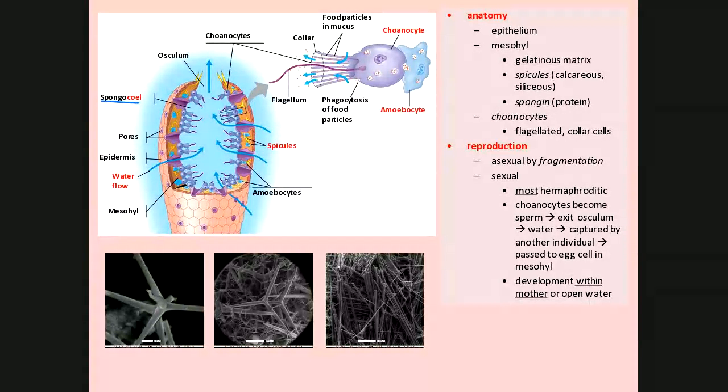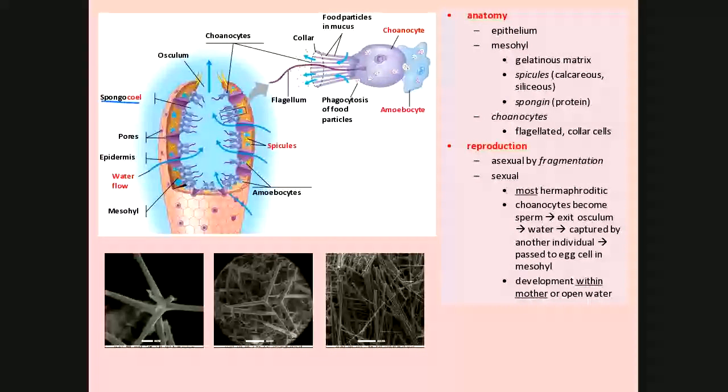I talked yesterday about the fact that we can take them with a cheese grater and cause them to reproduce asexually by fragmentation. Now think about an organism that lives the way it does. Oftentimes sponges live in the tidal zone where the waves are breaking, and getting broken up is something that happens to them a lot, right? Or animals nibble on them. So being able to fragment and reproduce asexually this way would probably have been beneficial evolutionarily speaking. But like most animals, they also engage in sexual reproduction.